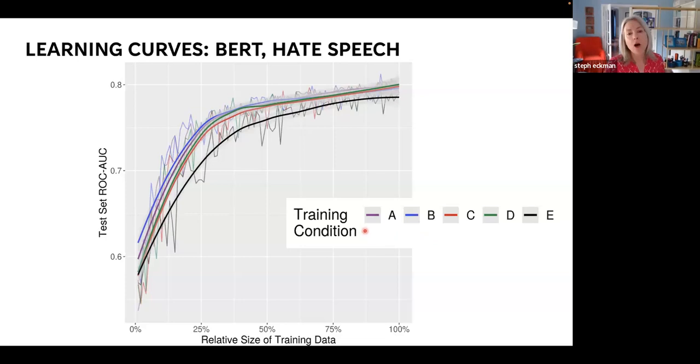You can't just say, sure, there's some small differences, but in the end, it all comes out in the wash. This suggests that it doesn't. You could feed it more and more training data, and this condition E model isn't really catching up to the others. So if you were training this model to really detect hate speech, you'd want to use one of the other conditions here, because those are the ones that are sort of indistinguishable in terms of the ROC AUC when they get all the training data.